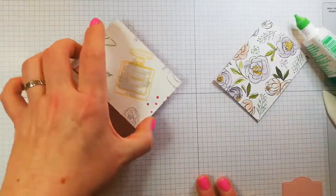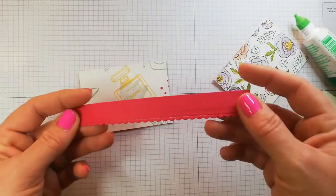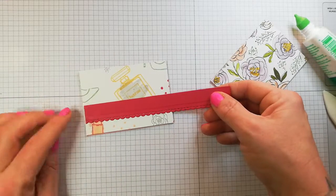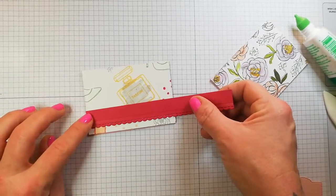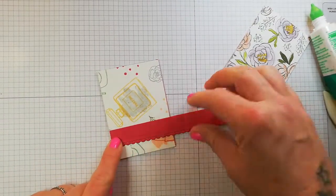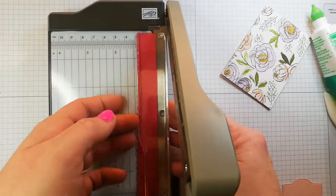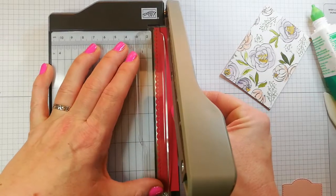So, right, now, what I'm thinking for this one, I had previously cut using the Be Mine stitch dies a length of card edging. Okay, I am thinking about popping that on here, maybe even that way, and making it into little shelves. Okay, so if I trim that down, what I want to do is I want to take, I'm lifting that up so I can get this in, I want to take a length, some